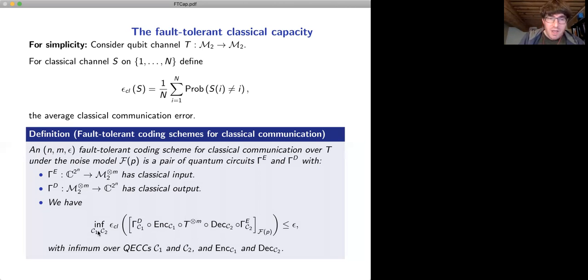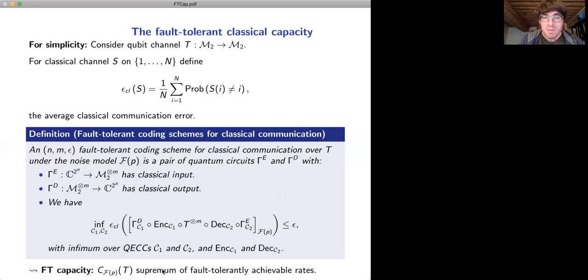And in the end, we take the infimum over all the codes and these interfaces. And we want that this infimum is less than epsilon. Then we call this an (n, m, epsilon) fault-tolerant coding scheme. Now, since we have defined coding schemes, I can define fault-tolerant capacities in the same way as before as suprema